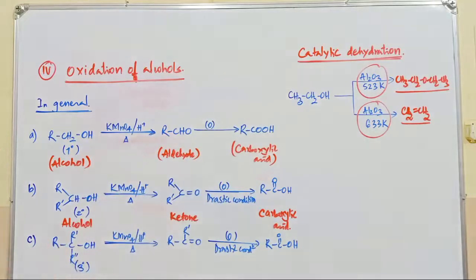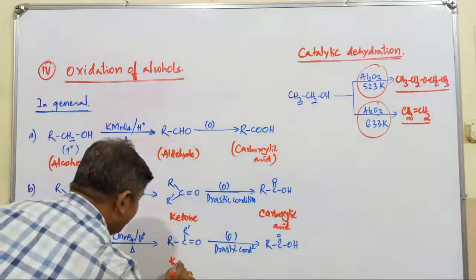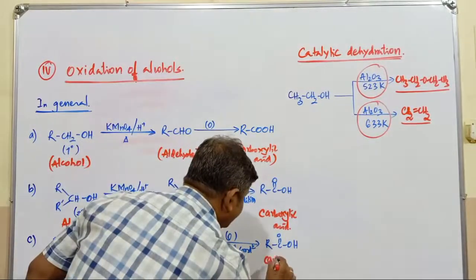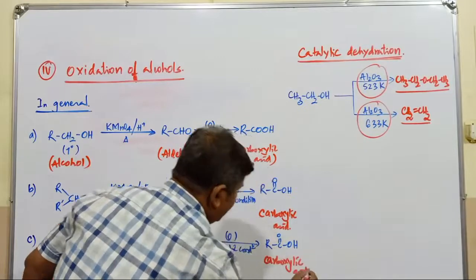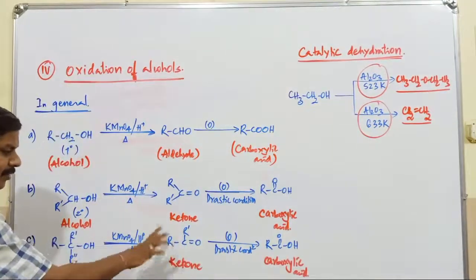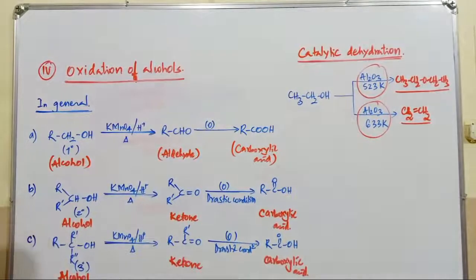What are the products here? This particular reactant, the starting compound, is an alcohol, students. This is a ketonic compound, and this one is going to be a carboxylic acid. If you observe the third reaction carefully, assume that all the alkyl groups are methyl groups. 1, 2, 3, 4 carbon atoms are there. Here 3 carbon atoms means 1 carbon atom has been decreased, and here only 2 carbon atoms, again 1 carbon atom is decreased.